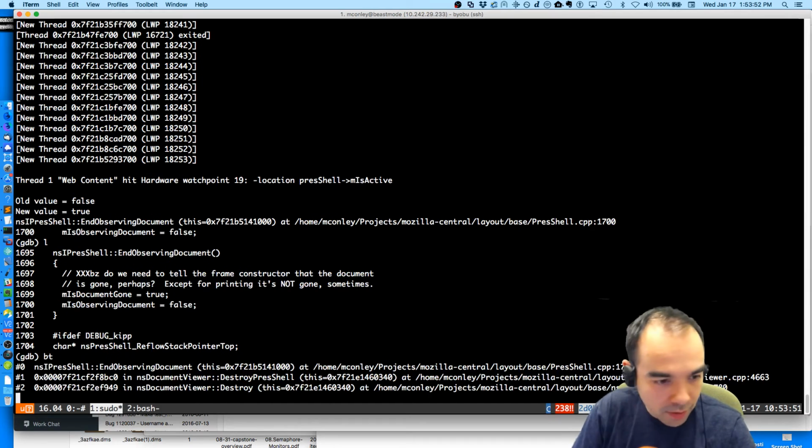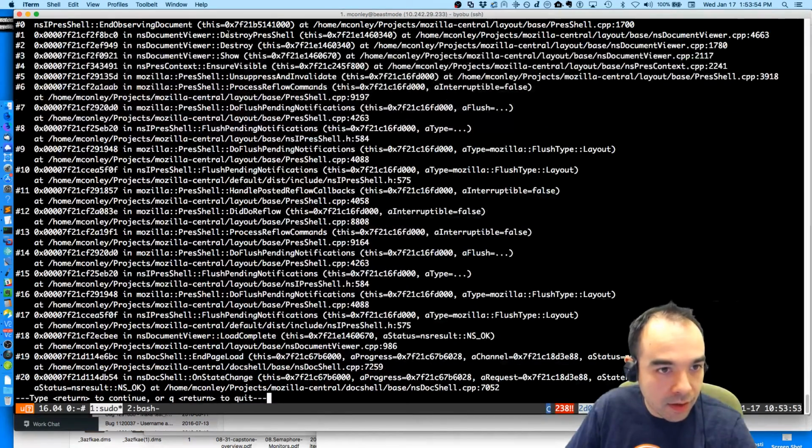When we end observing the document, and that happens inside show, ensure visible, when we first do our reflow, whenever the load's complete, we ensure visible. In destroy pres shell, show document viewer destroy.